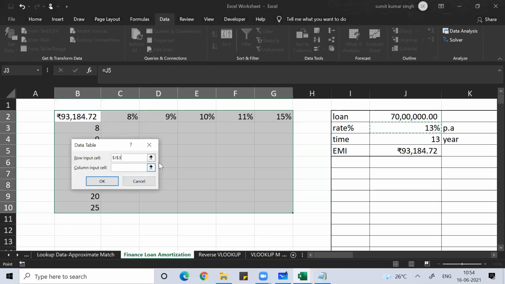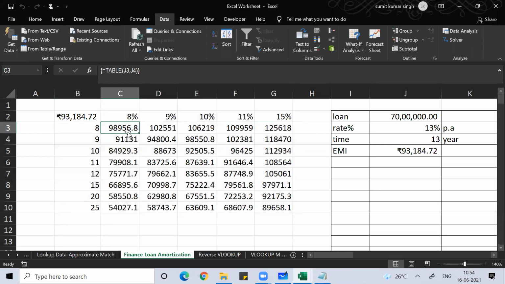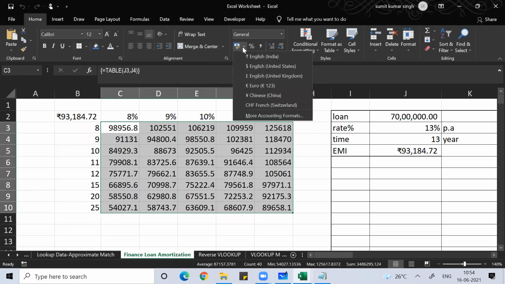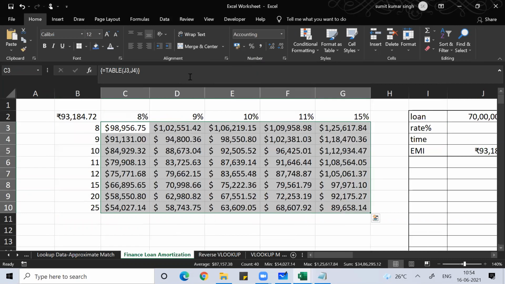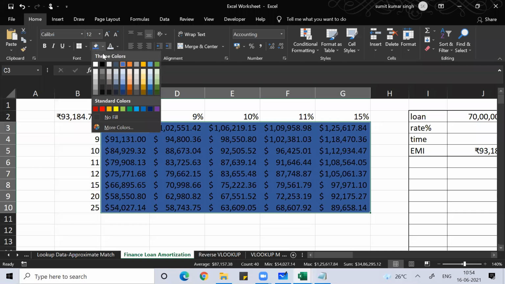The column is the time period. Press OK. You don't have to do anything, Excel has done everything. You just need to check this value.